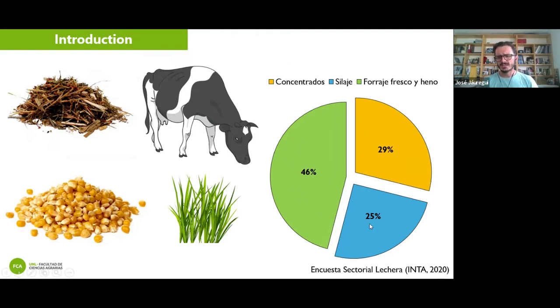Now, if you look at this graph, you guys from New Zealand, this is probably what a system 5 looks like for New Zealand. This would be probably the most intensified dairy in terms of the use of concentrates. This is the average for Argentina, and we see that this trend is increasing. We have more and more concentrates being imported and silage being used, and less forage being consumed in terms of